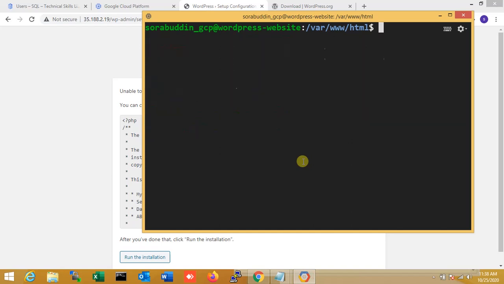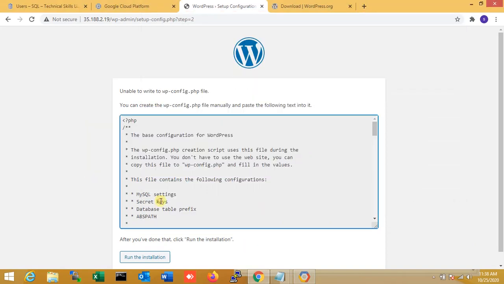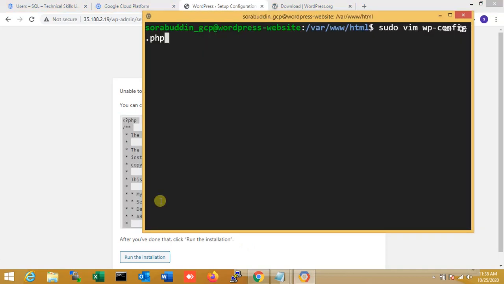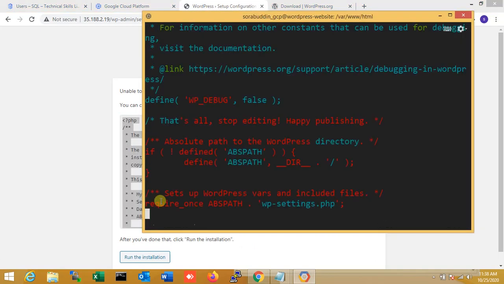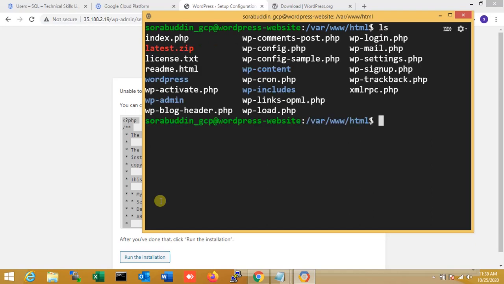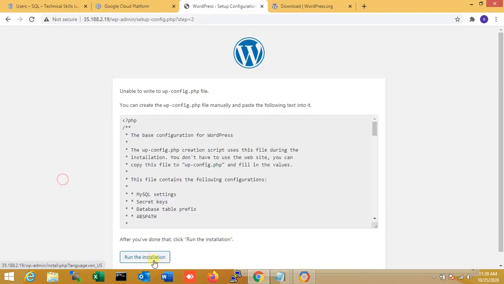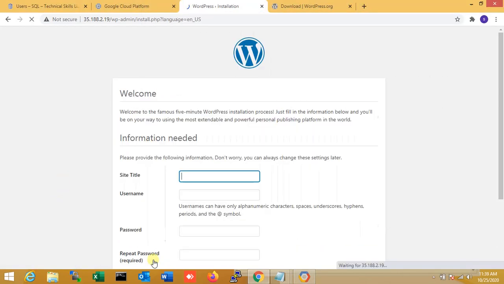So here I'm just pasting, okay, so now copy from here. Yes, save and exit, now created. So once again now run the installation.